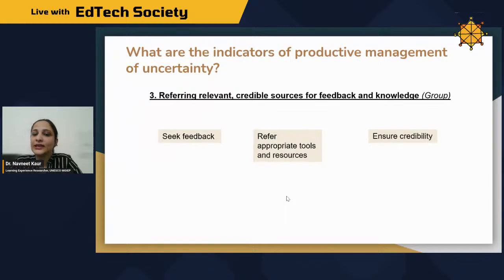So, are they seeking feedback, first of all? Are they asking questions? And second, are they asking questions or are they trying to find answers from the relevant and appropriate resources? And also, are they ensuring that the resources or the tools that they're referring to are credible or not? So if they're engaging in these behaviors, then it indicates that they are engaging in the management of uncertainties